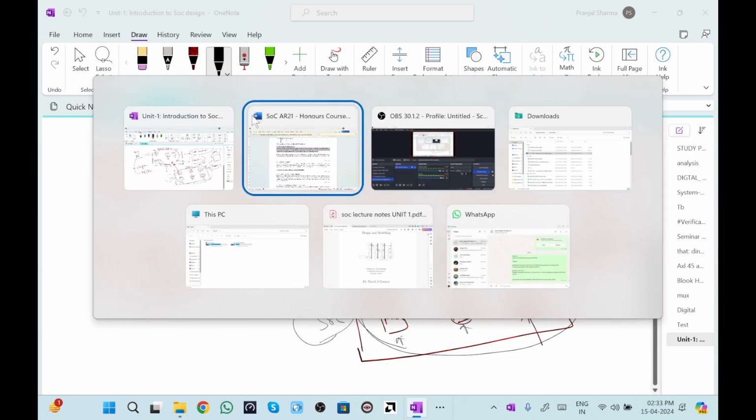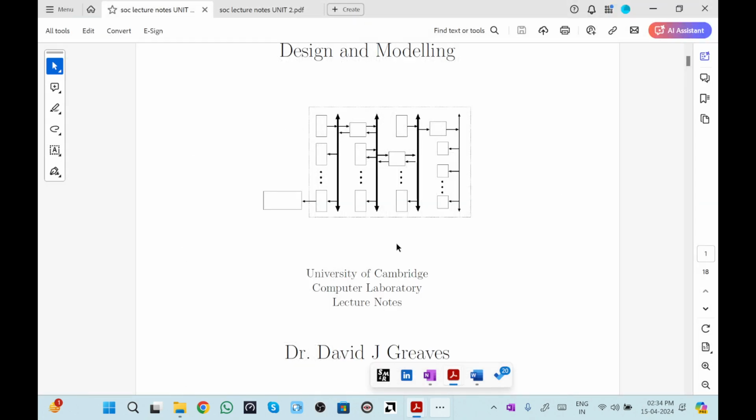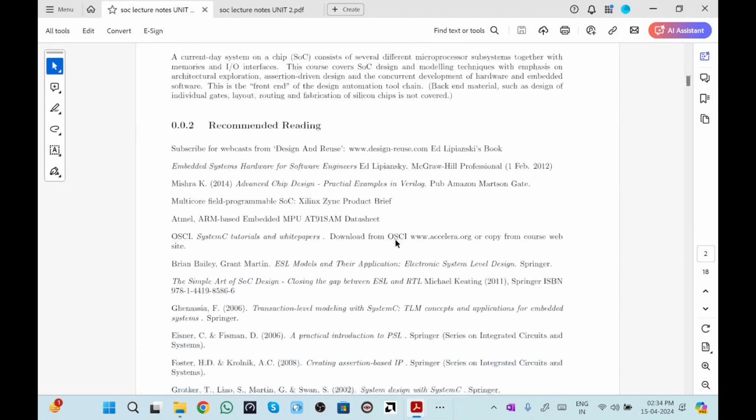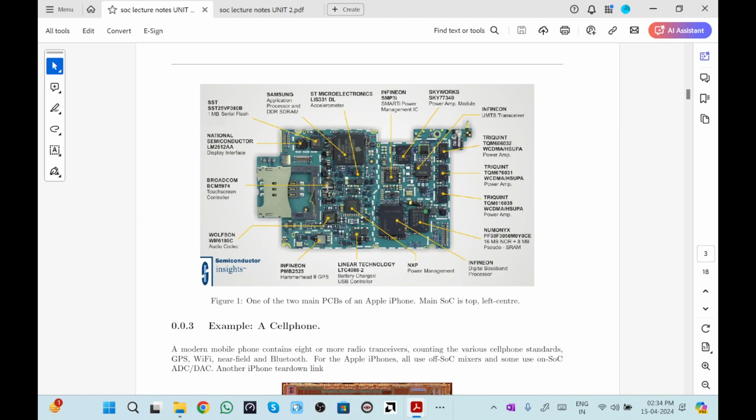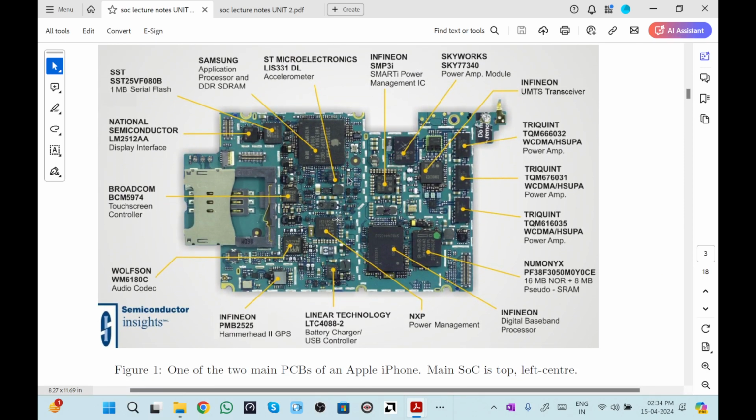Similarly, we have a presentation over here, so I'll open it for you. This is a basic block diagram, which everybody needs to understand the functionality of. Let us suppose this is an IC of an Apple iPhone. We all know Apple creates iPhones, MacBooks, iPads, each and everything. This processor, this IC, will contain multiple inputs and multiple functionalities.